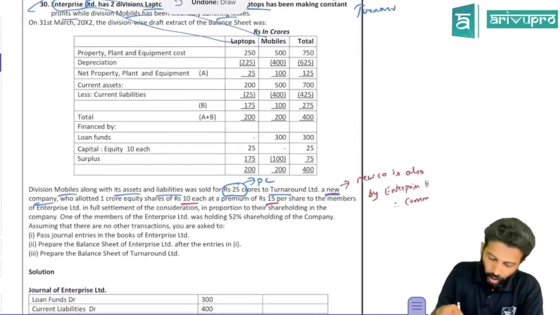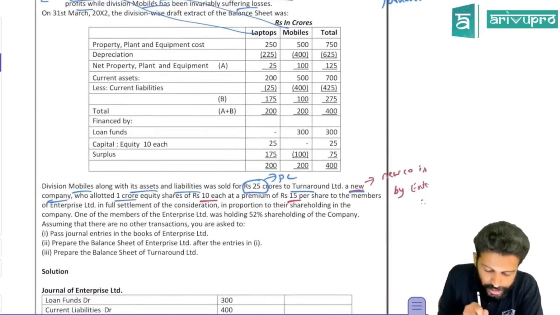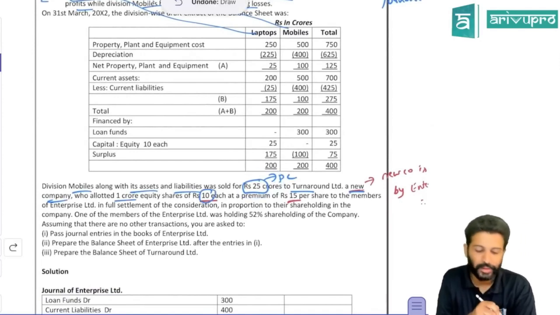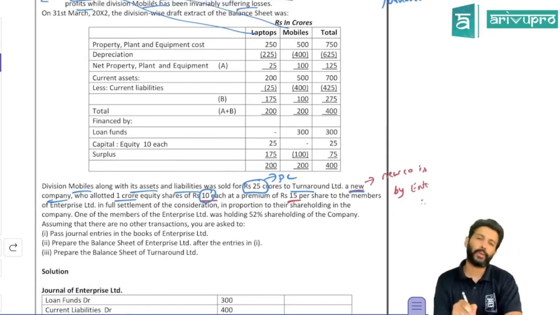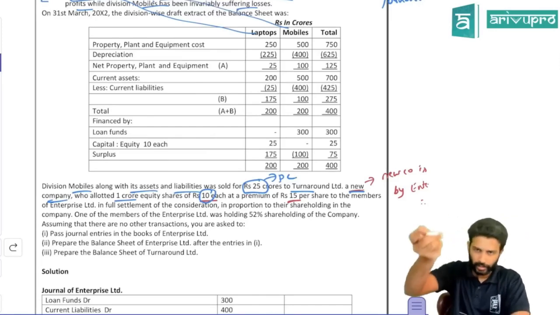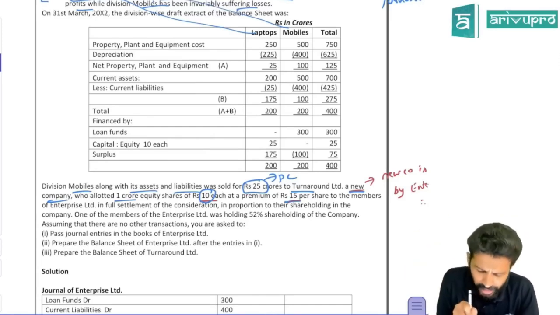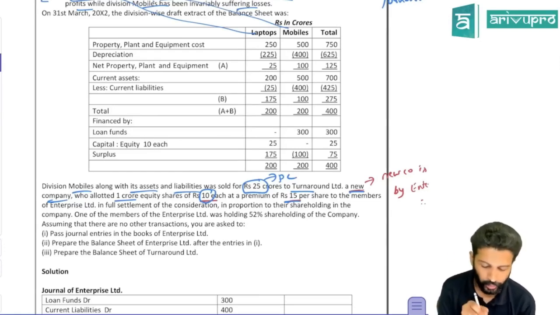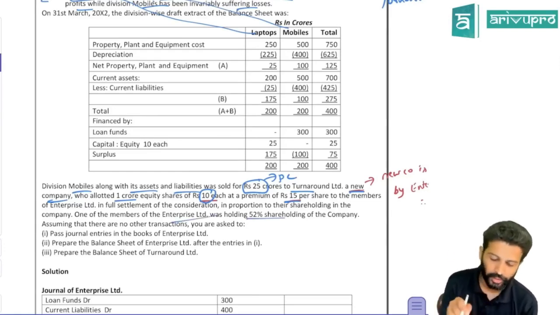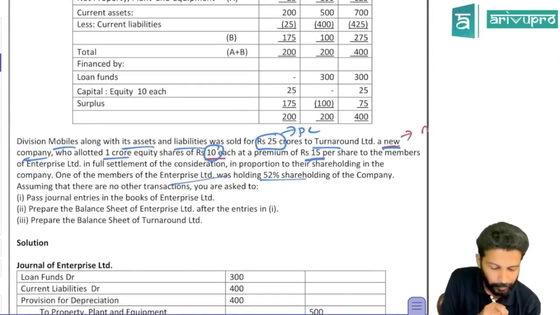Okay, they allotted 1 crore shares of 10 each. So the total purchase consideration is 25 crores, and they allotted it in the form of shares: 1 crore shares of face value 10 each. That means equity share capital is 10 crore, and the balance is premium, 15 rupees per share. So 15 crores is securities premium. One of the members of Enterprise holds 52%. Now they ask to pass the journal entries